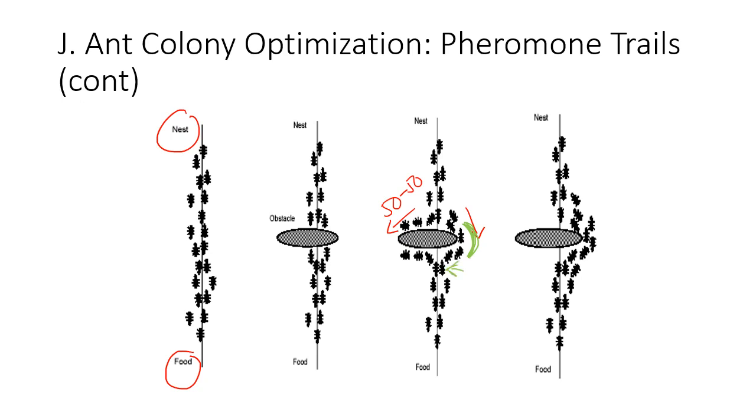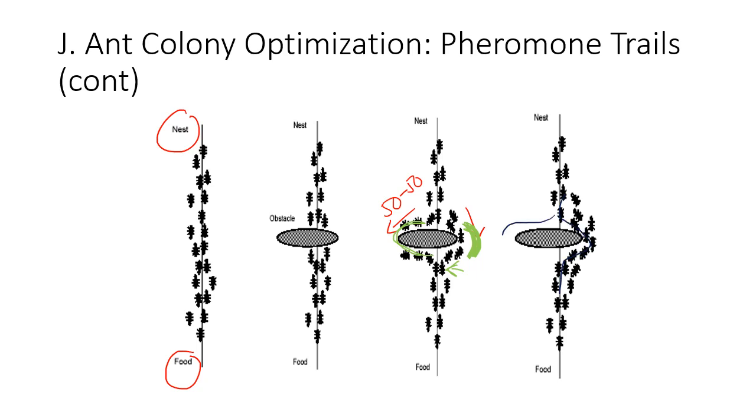Therefore, this path is reinforced more. The pheromone here is reinforced more as compared to this path. That's why at the end, the group of ants would have a larger probability of following this path as compared